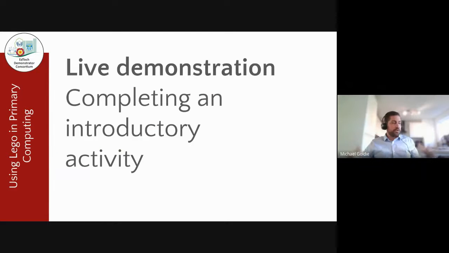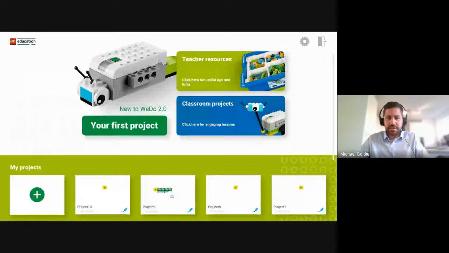Okay, so now I'm going to do a bit of a live demo. I wanted to show you, just doing one of the very simple tasks, how easy it is to use Lego WeDo. So first and foremost, bear with me, I'm just going to stop sharing my page with you. Okay, stop presenting. And I am now going to share with you the actual software of Lego WeDo here, and hopefully that should be shared with you. So I've decided today to create my first project, and my first project is going to be, oh, bear with me,